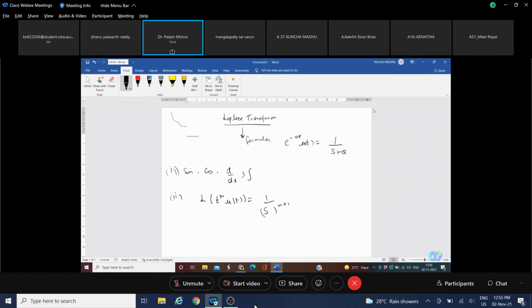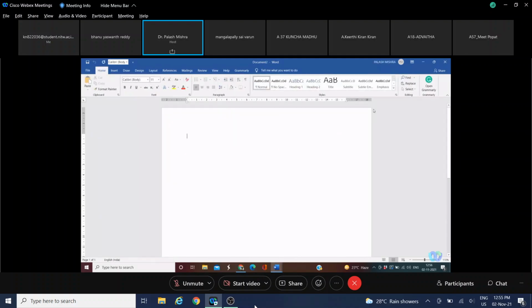So I would just like to discuss one very small question related to Laplace transform. Again, an important question, and that will be the last question for the Laplace transform. Then we will start the theorems. Let me show the question to you, and please tell me the answer. Please do it very carefully. This is the last question of Laplace.